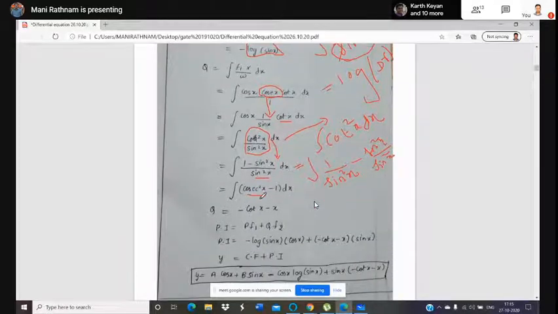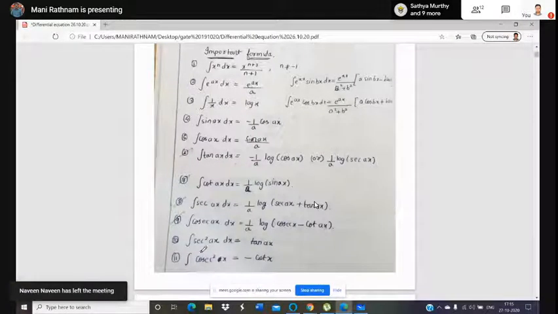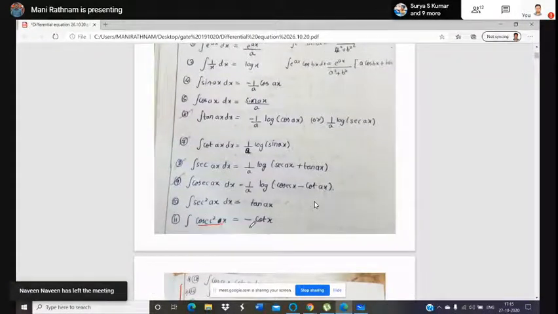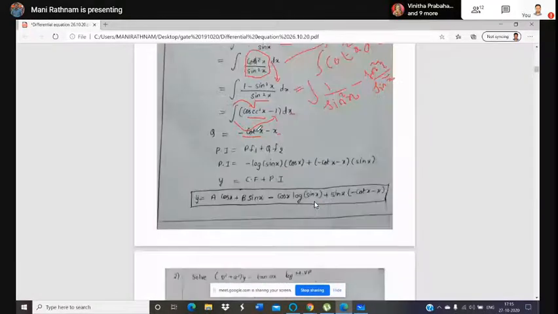And after that, we have to integrate each and every function. First, the integration of cosecant square x is what? And next, the integration of a constant. The differentiation of a constant is 0, but the integration of a constant is the constant times the variable with respect to which you integrate. Here it is x. So the integration of 1 dx is x. The integration of cosecant square x is minus cot x. So with the help of this formula, you can find minus cot x minus x.